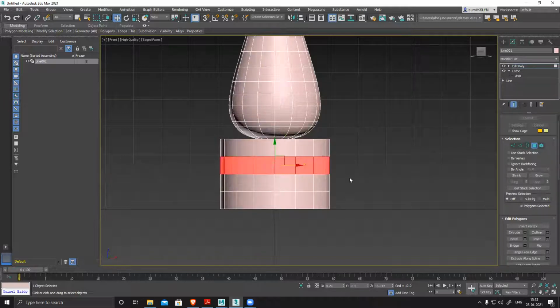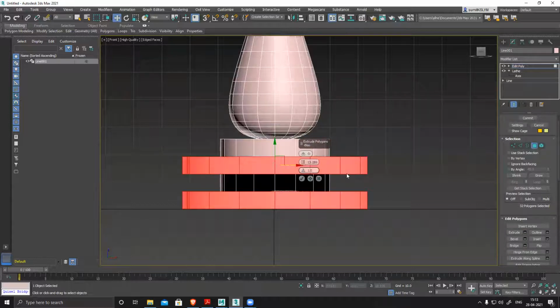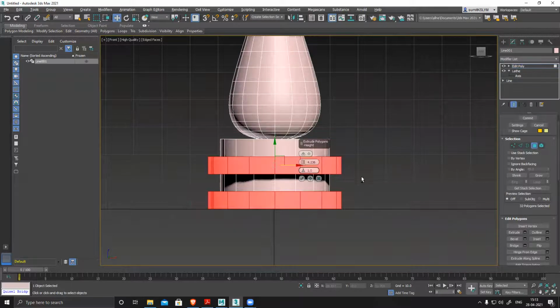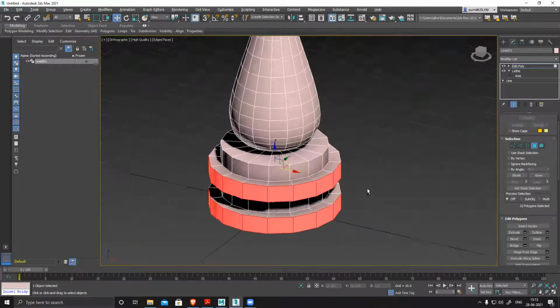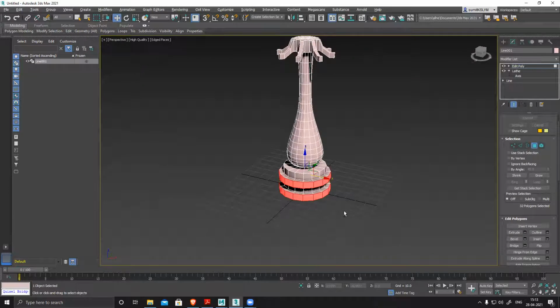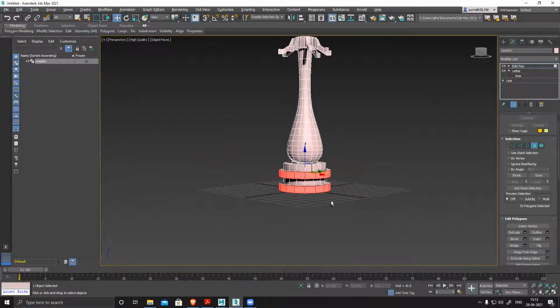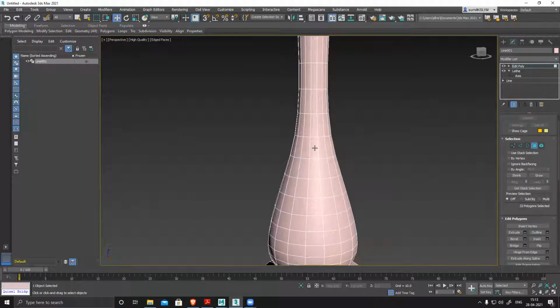Shift entire ring. Extrude one more time. It's too much. Reduce it. Okay, I can create this thing kind of easily. And similarly, if I want to create some design pattern here, I can definitely do it.